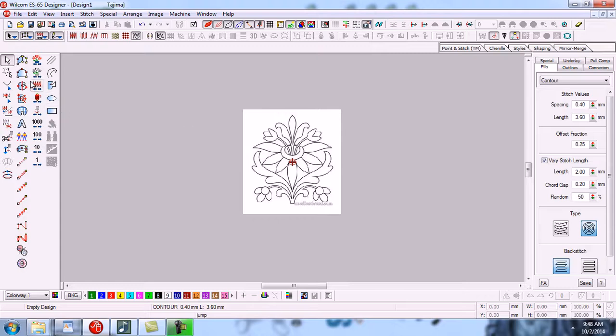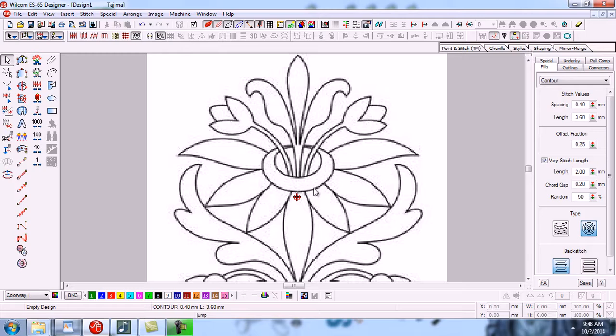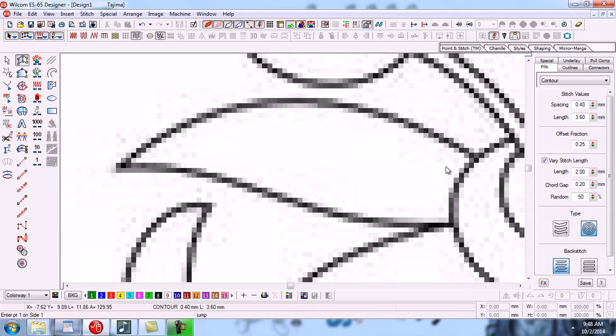So now let's start. First of all, zoom in on the design. For example, we make these objects with Input A. So to use Input A, first of all we have to select the icon of this tool. Click on the Input A tool. Now for example we have to make this object, so zoom in a little.